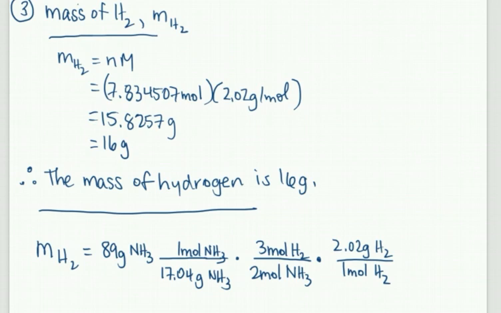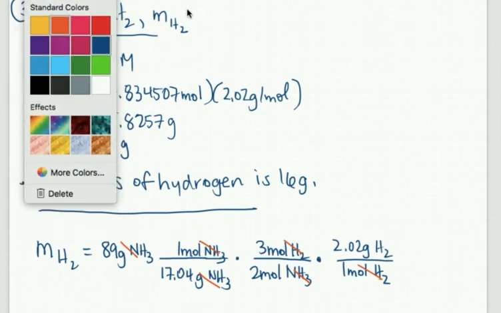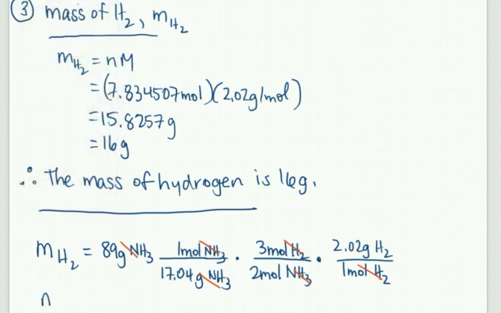We're analyzing the units now, and we're noticing, yep, those cancel out, those cancel out, and these cancel out. What unit is left? The grams of hydrogen, which is what we want. From there you just calculate it all out and get, rounded up, 16 grams